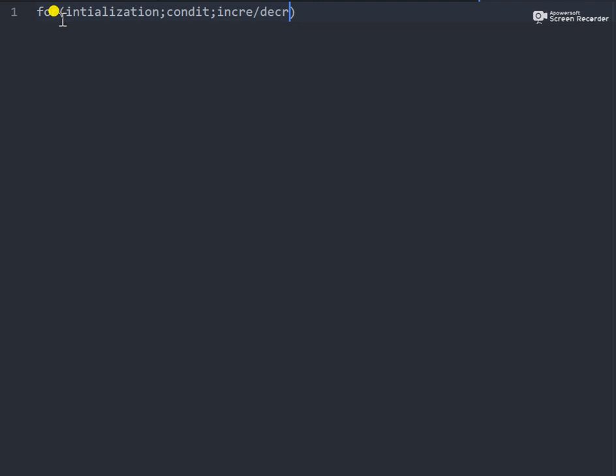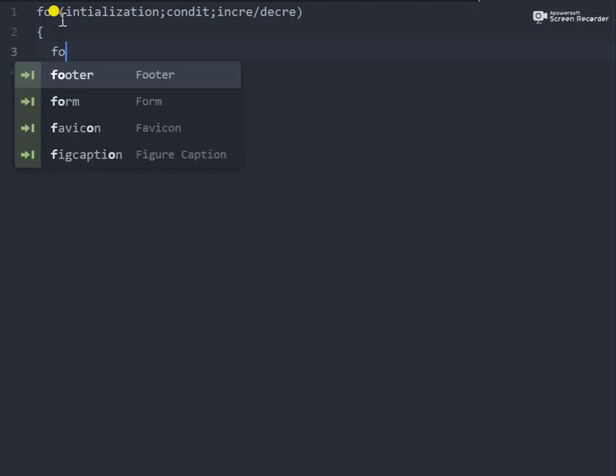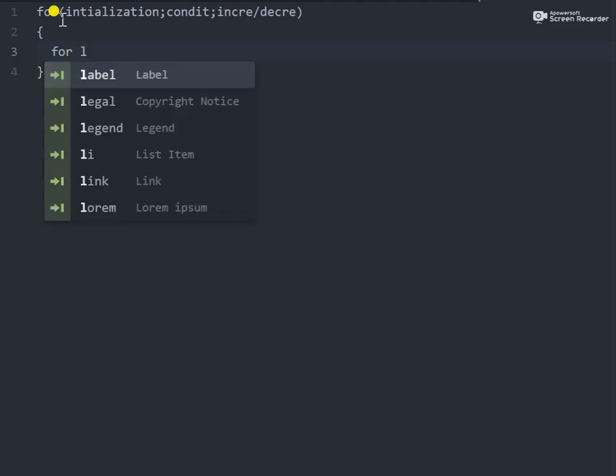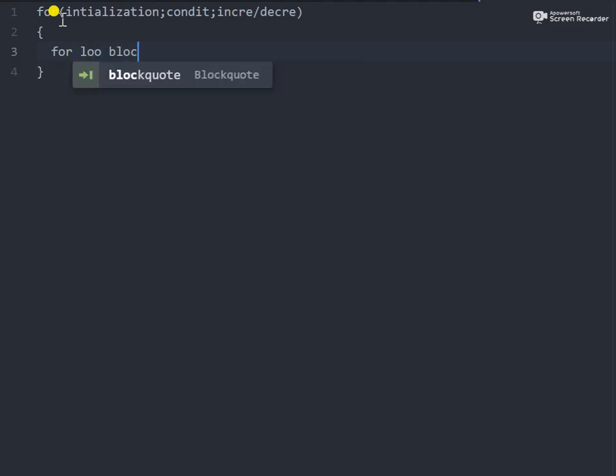और डिक्रीमेंट, जो भी हम कंडीशन अप्लाई करेंगे उसके अकॉर्डिंगली रहेगा। और ये रहेगा फॉर लूप ब्लॉक, जिसमें कि फॉर लूप के लिए कोड लिखेंगे जिसका कि रिपीटेशन होना है।